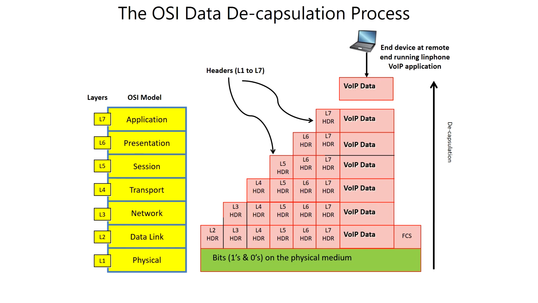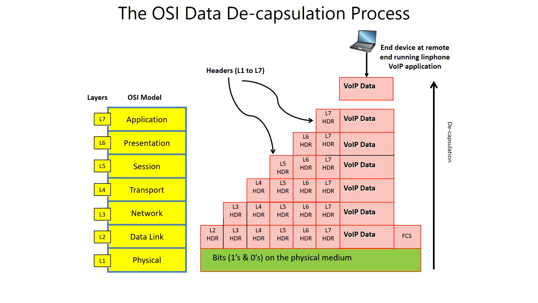The header and trailer inside the layer 2 PDU contains control information on how the received data should be treated. The data link layer then takes off the header and trailer and then passes on the data to the next layer above it, the network layer. At the network layer, the layer 3 header guides on how data should be treated. This header is taken off and then the data is passed on to the next layer above it, the transport layer. And this process keeps repeating